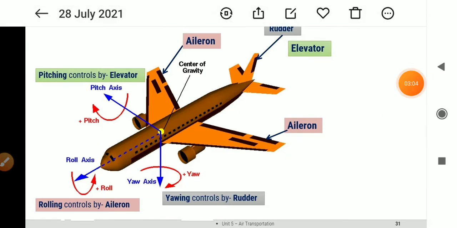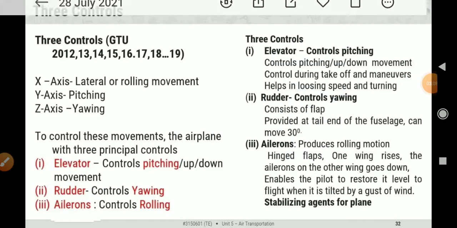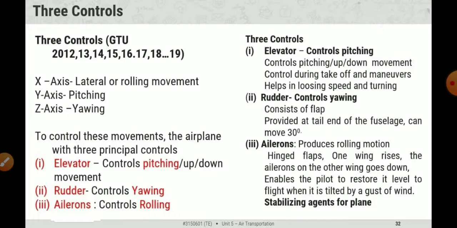Okay, now there are 3 axes: x-axis, y-axis and z-axis. The x-axis is lateral, which is also known as the rolling movement. The y-axis is pitching, the up and down movement of the plane, and then the z-axis is for the turning, the yawing.